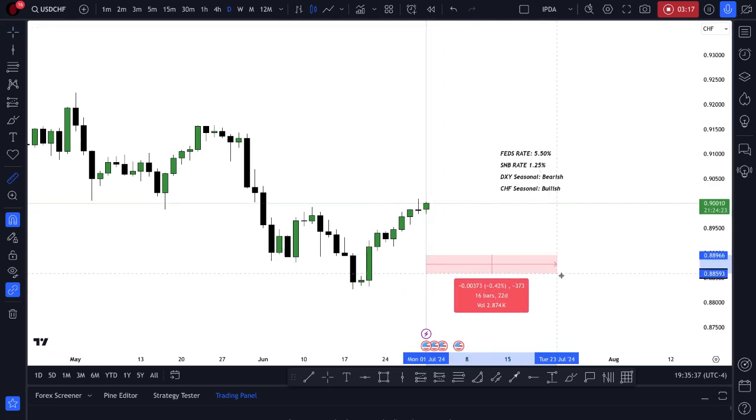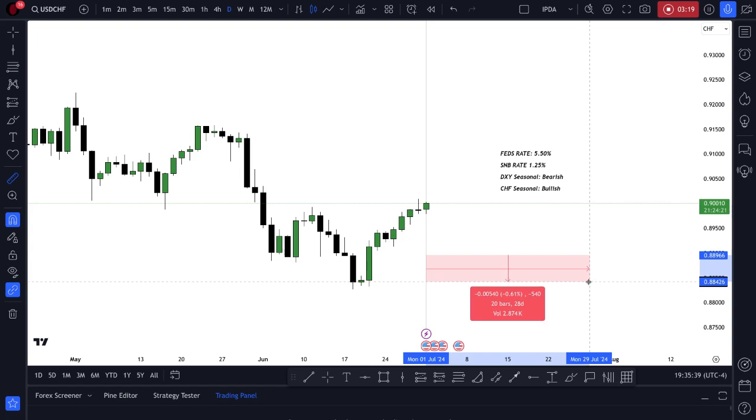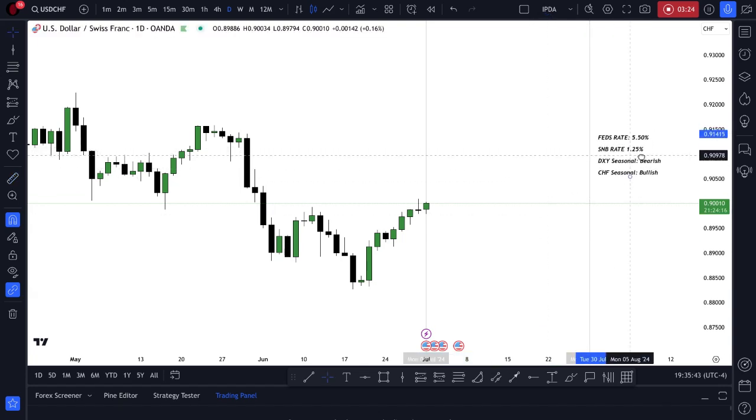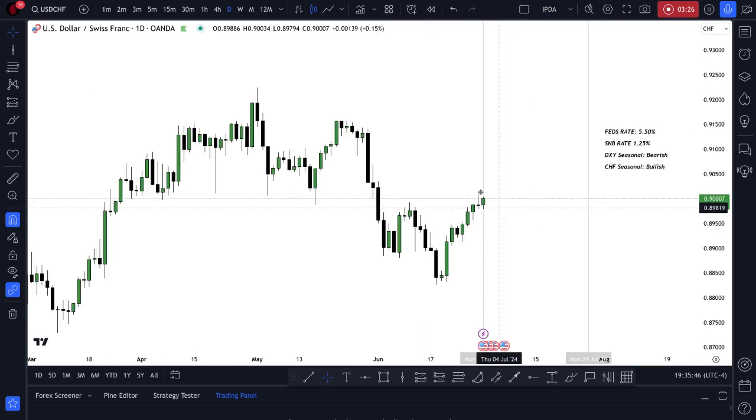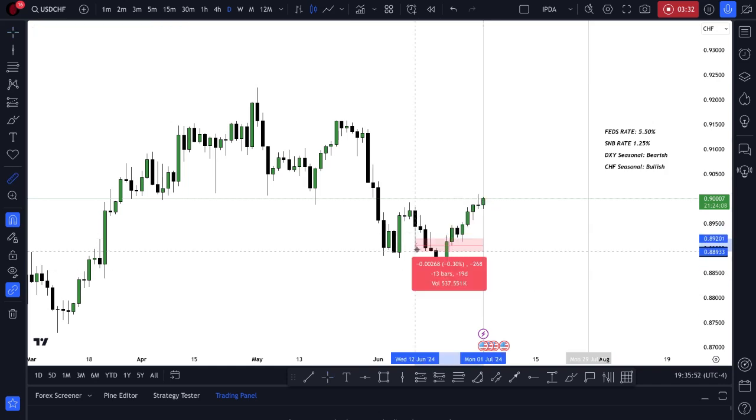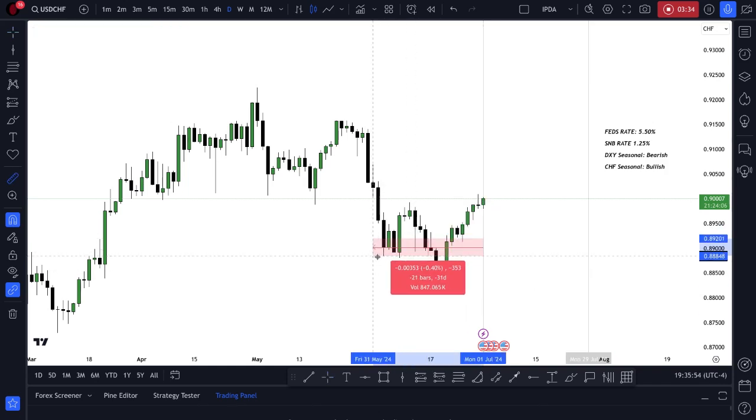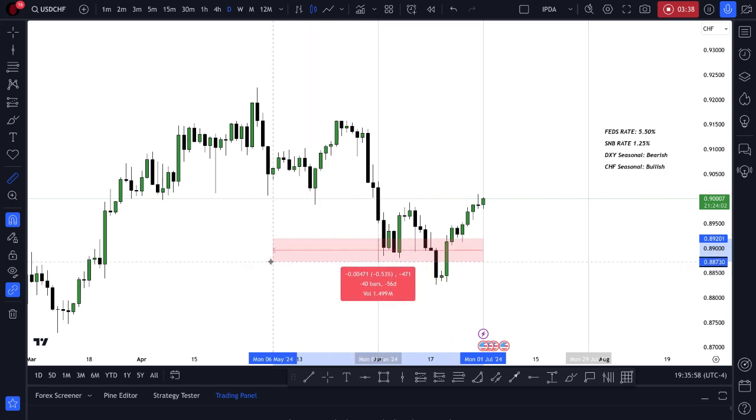Now, the reason why we go 420 bars is because every 20 days, the market is going to be seeking a new liquidity pool, whether that's buy side or sell side. Or sometimes it will range in the next 20 days. It could be very back and forth and whiplashy. And that's just what we're going to have to live with. We're going to go back 20 bars. So that's our 20-day quadrant, our 40-day quadrant,